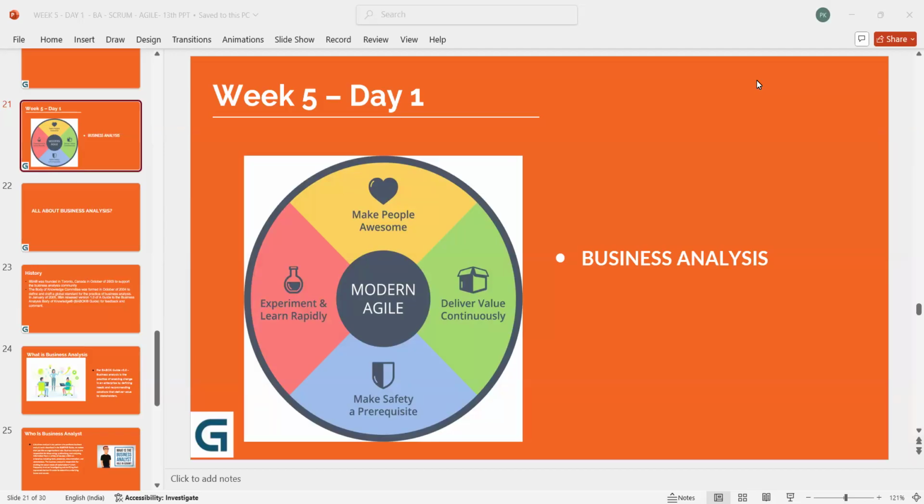anybody would like to share their views about what is business analysis from their understanding? It might be some experience of working with BAs, or it might be just some understanding that you might have read online or you might have guessed. What do you think business analysis is? I'm not asking what business analysis does. I'm just saying what does business analysis mean? Anybody wants to try? Yes, just a general question. You don't need to know any definition or anything like that. Go ahead.